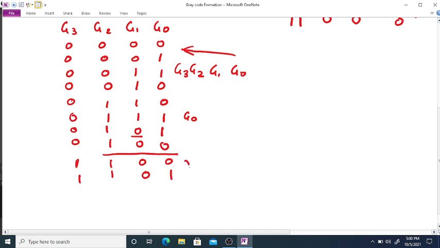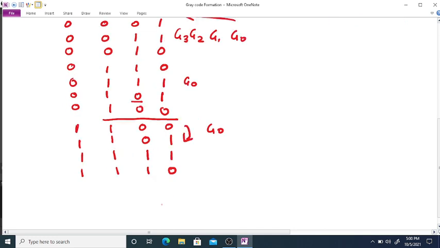Now here in these two consecutive numbers you can see that we have again changed the G0 bit, then we will be changing the next bit to the LSB, then 1 1 1 1 and again G0. So we are repeating the G0 bit changes again and again, then again 1 0 1 0, then here we have changed the G2 bit.